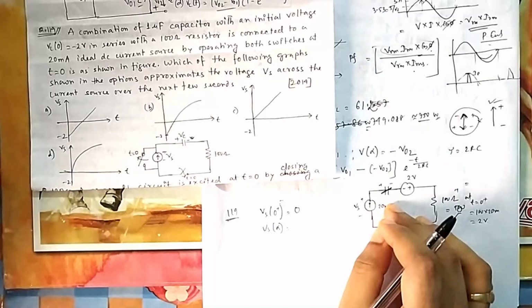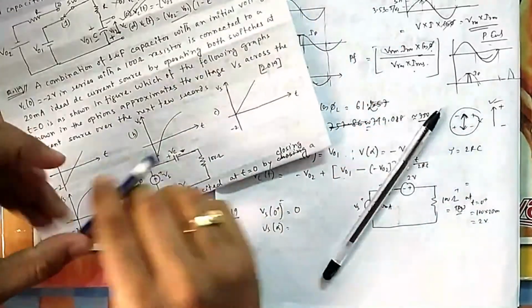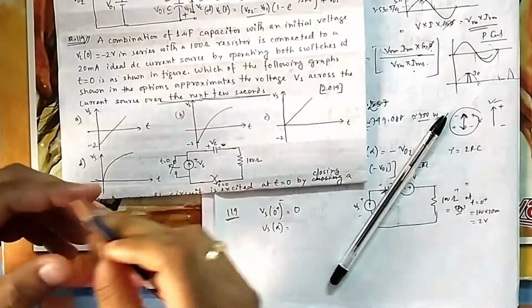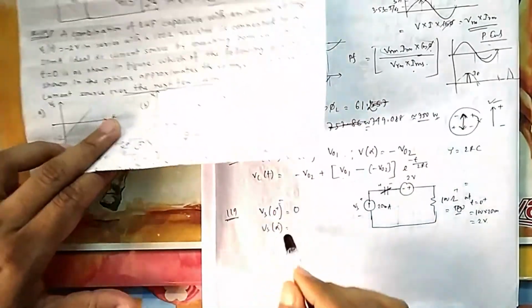That means after some time they will make some changes in T1, T2. That's why they are not asking for steady state, and that's why they are asking only after a few cycles, a few seconds. So you have to be careful about this. That's why I cannot use this formula, because I don't know this.